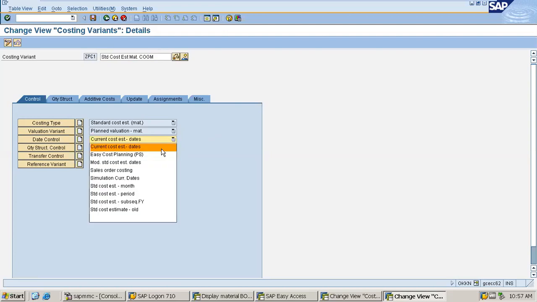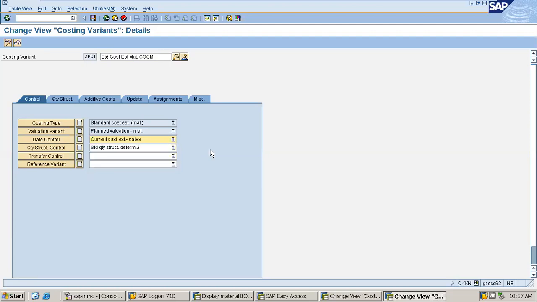But if you want this to be done in the past or in the future, then these controls are also there, like cost estimate old, cost estimate period, cost estimate month. So these controls are given. Sales order costing is also given. Now you have to choose accordingly. I have chosen current cost estimate date.